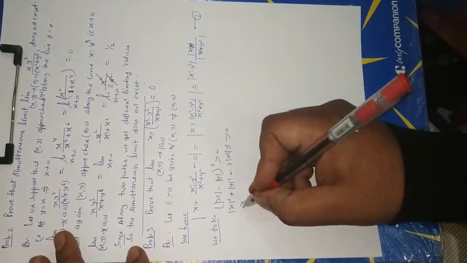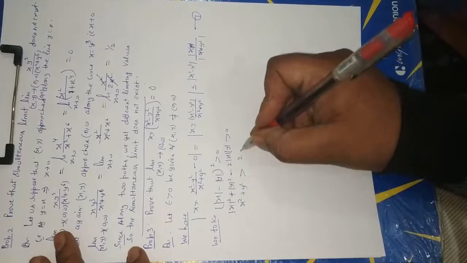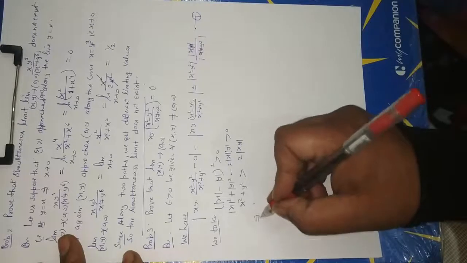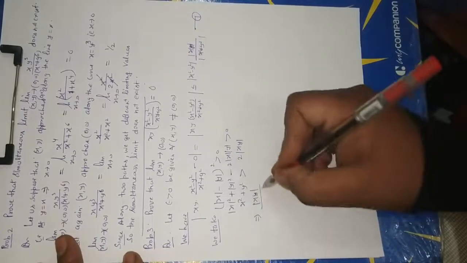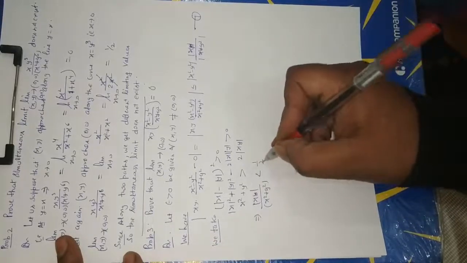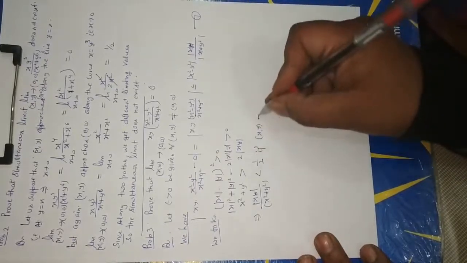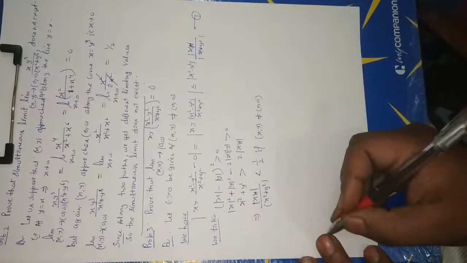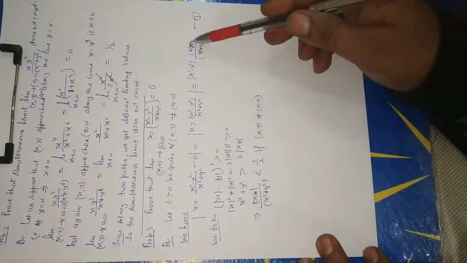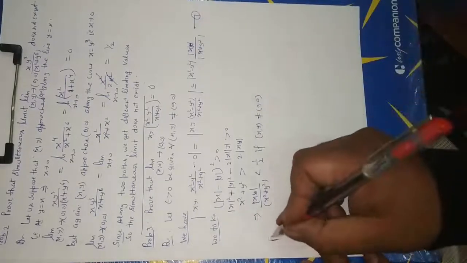Or we can say x² plus y² is always greater than or equal to 2|xy|. Now this implies that |xy| upon x² plus y² is less than or equal to 1/2, if (x, y) is not equal to (0, 0). Now putting the value of |xy| upon x² plus y² here, from equation number 1,